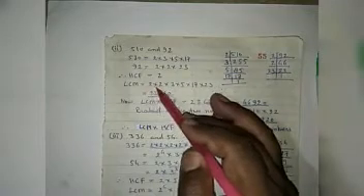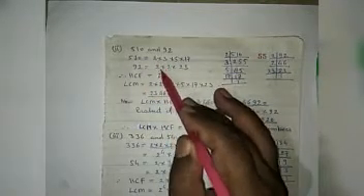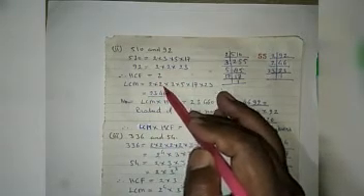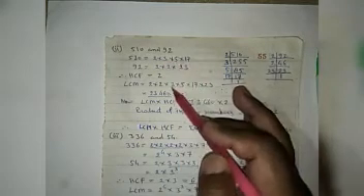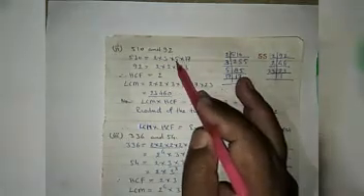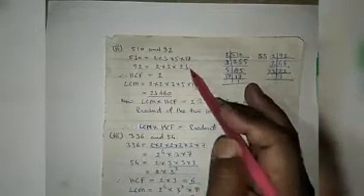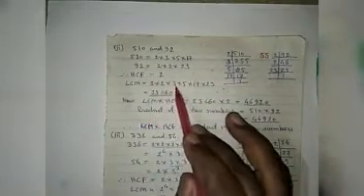So here for LCM, 2 comes 2 times here, here only one time, here 2 times. So you have to take 2 times 2, into 2. Then the other factor is 3 one time, so 3, and 5 is one time, so 5 one time. Then 17 one time, and 23 one time. So here LCM is equal to 2 into 2 into 3 into 5 into 17 into 23.